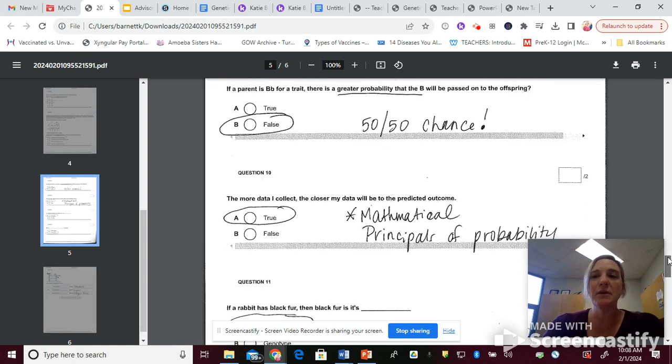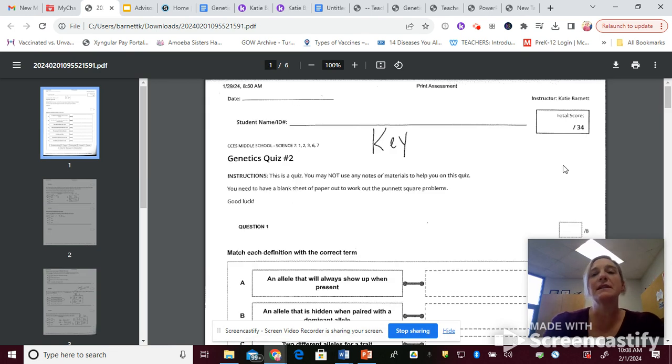So hopefully that helps you in what you will do for your first assignment, which is to go over your quiz. And again, it's not about telling me the right answers. It's more about your thought process. Why did you get it wrong? Don't just say, I didn't understand, but really be reflective. I'm really going to read these, and your ability to reflect and really think through this process is what's going to determine the points that you get back on the quiz. It's not just about finding the right answers because I've given you the right answers. So it's more about understanding why you got it wrong and checking that understanding and making the switch in your brain. If you have any questions, you can message me on Schoology to take